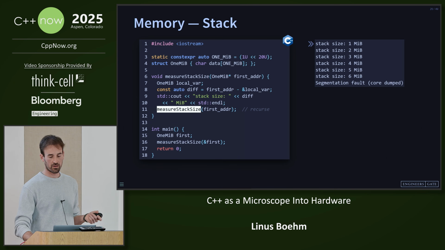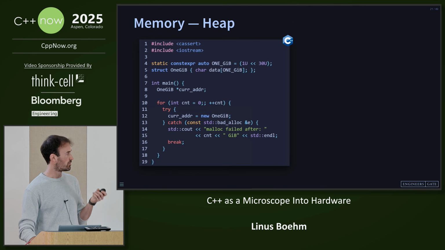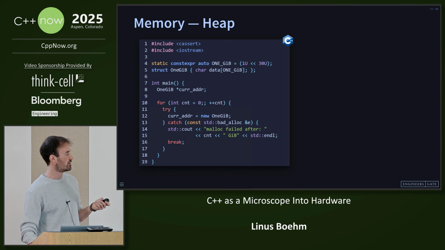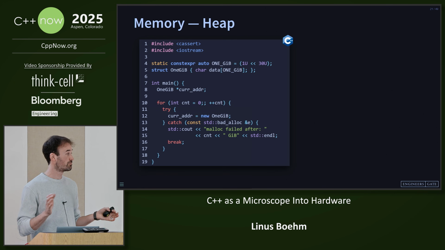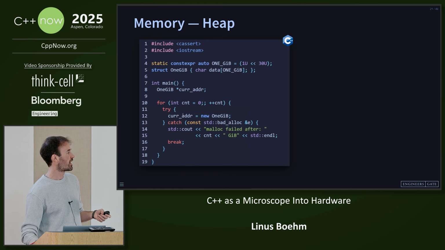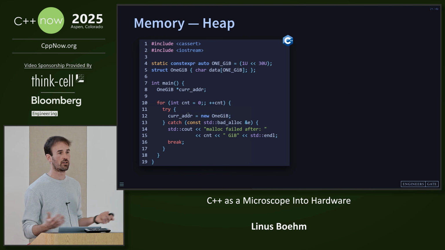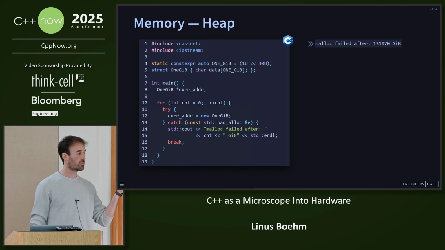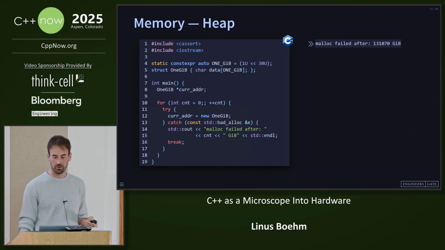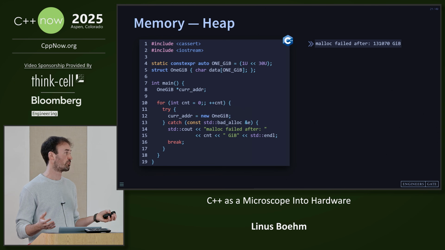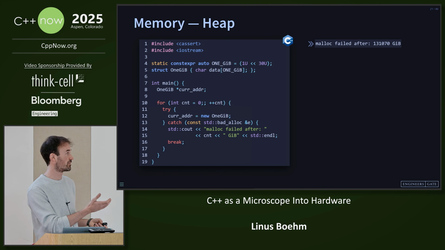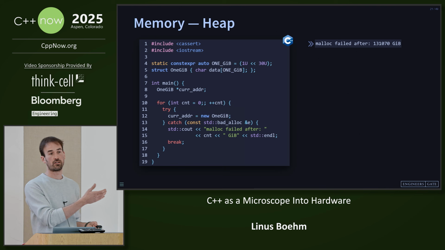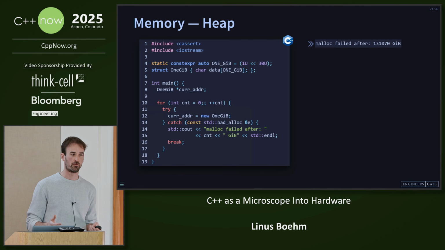We can do a similar thing for the heap. This time we'll do a gigabyte, not a megabyte. Presumably there's a bit more heap space. And then we try to allocate these 1 gigabyte things on the heap over and over again until we run out of space. If we do that, we find that we can allocate 130 terabytes of memory, which doesn't make sense to me because I can guarantee that the machine that I was running this on doesn't have 130 terabytes